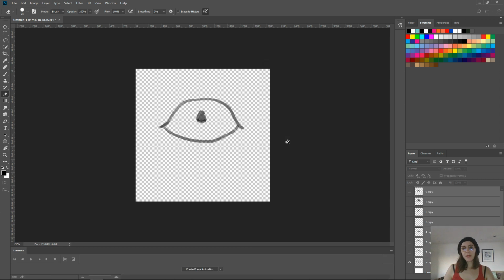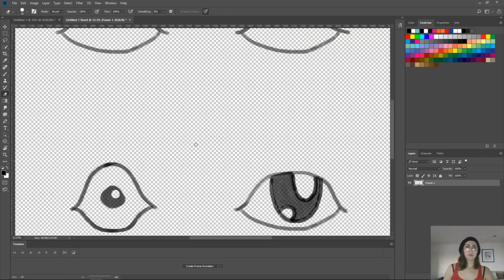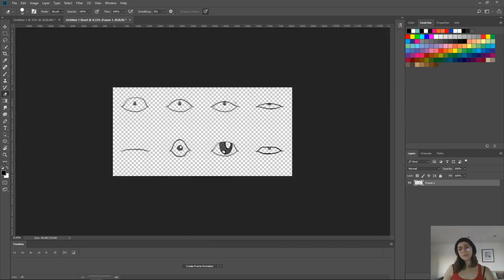So if we click OK, you will see that your Photoshop will start freaking out a little bit, so there's all that calculation happening in the background. But what we have now is this image, which looks like this, and this is actually a good example of what I don't like to happen. It decided automatically to not create a square texture for us. So I'm going to close this,